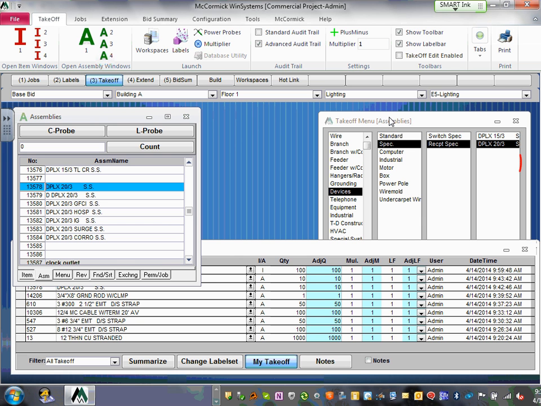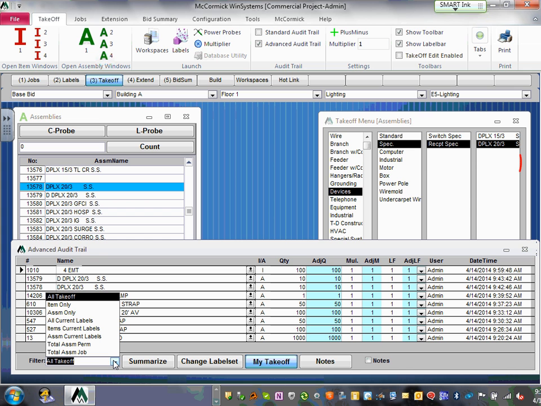Last thing about takeoff, I'll let you guys putz around with it. Can you guys see the filter here? This is probably the most important thing right here. You can filter by label. Items, current label. So the most important thing, guys, is two filters you'll be using here, Adam. Takeoff, all takeoffs, you can see everything that you have done so far, everywhere. That's one, you're looking at it right now. The second one is items,